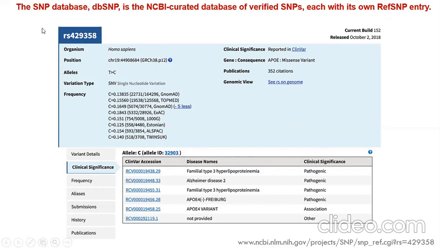Again, if you go into any SNP database, you can look at the frequency, variant details, how many submissions have been done, the history of the submissions, which scientists are working on it, which countries are working on it, what the projects are, and whether it is part of the HapMap project or not. You can go into the published literature also. One more important point is that the SNP database is a secondary database.